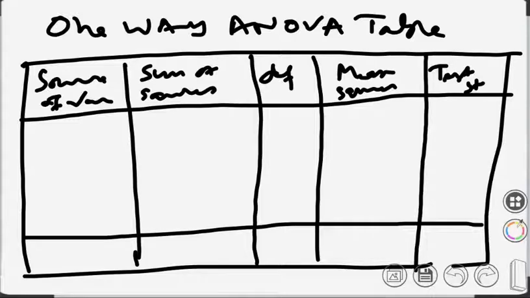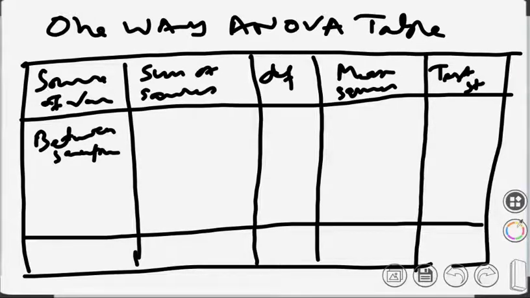So for one way ANOVA table, the source of variation are two types. One is called between samples. Means between the brands. In this case, we have A, B, C, T. We are trying to find out the variance between the brands. So here between samples means not among the brands or within the brands, but between the brands. Mind that for one way ANOVA, it's between the brands, or in this case between the samples.